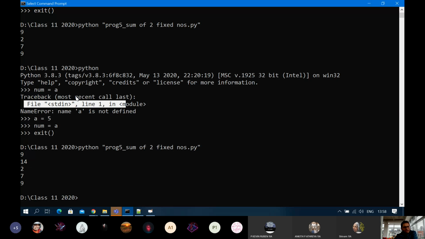It was giving an error because you just started Python. You have not told what is A, which memory location. Without quotes, the computer will try to scan its memory, that is RAM, and no location will be found labeled as A, क्योंकि अभी तक तुमने A equals to कुछ करके उससे पहले लिखा नहीं है. So if you do A equals to 5, then in the RAM one of the locations will be labeled as A having value 5. Then in the next line you can do num equals to A, which will be internally reduced as num equals to 5. Then 5 will be put inside a memory location which will be again labeled as num.